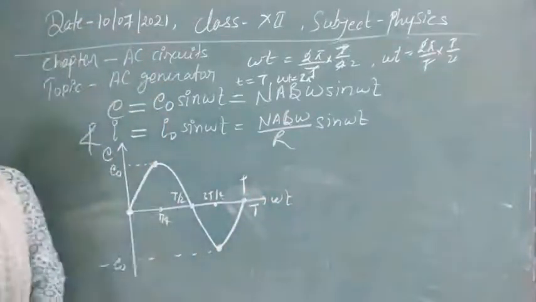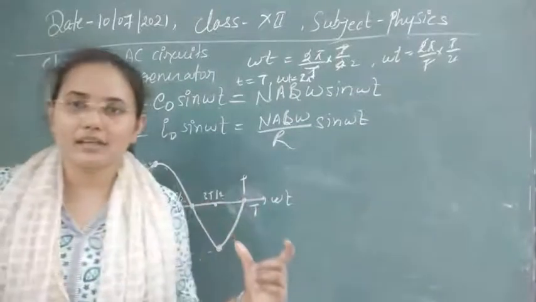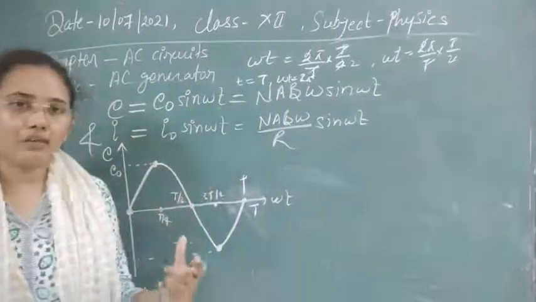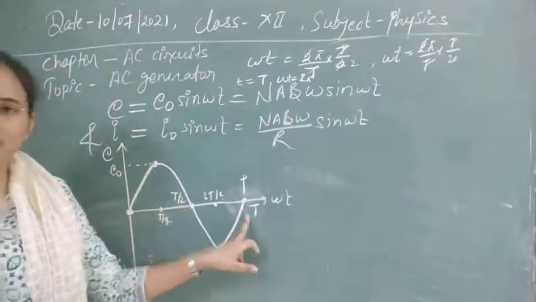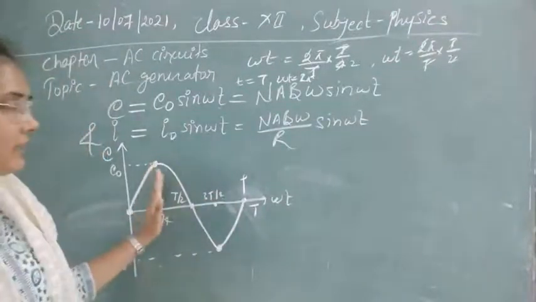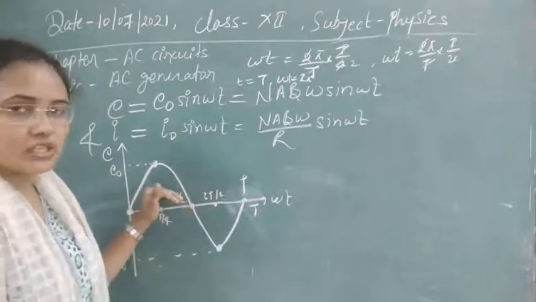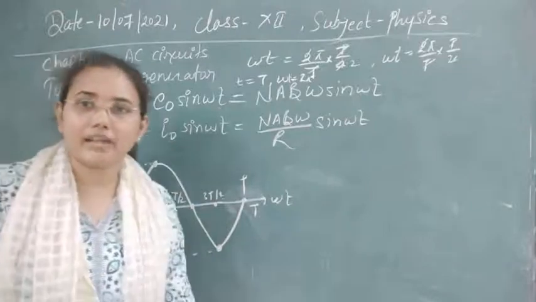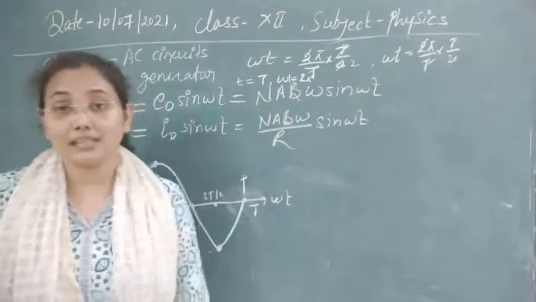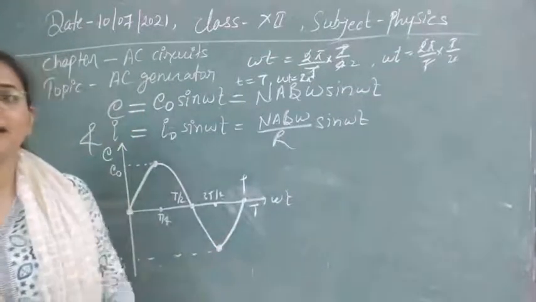So now in this way you can see the production of the potential over one complete rotation, over one complete cycle, meaning 0 to 360 degrees. If our coil rotates, then it will generate this kind of potential. In this potential you can see that its magnitude is changing as well as its direction is changing. For some time it is in the positive half direction, then sometime it is in the negative direction. As direction and magnitude both are changing, this is the definition of an alternating potential. So this potential is an alternating potential.